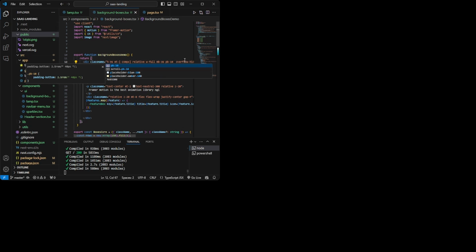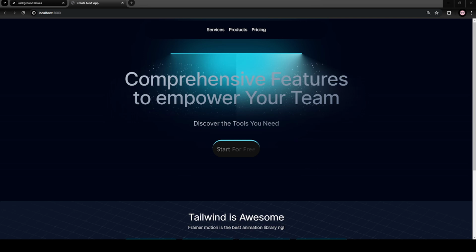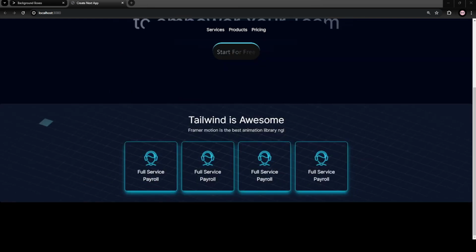And also I'm going to give some padding to the top. Let me show you. See the second section, you can see it is actually having the full width.